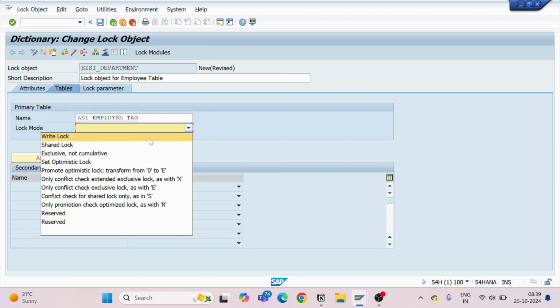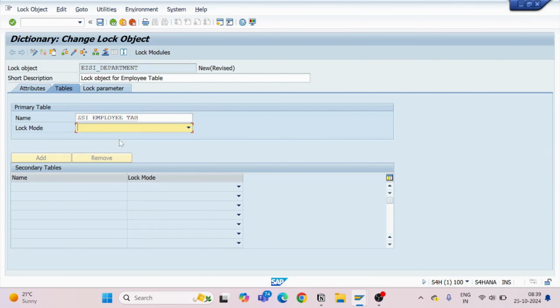In this drop down, the first three are clearly shared lock, which is read lock, write lock, and then enhanced write lock. Also we have a lot of other lock values, but out of all of them the most important are the first three, which will be asked of us in the interview. So I am going to select this write lock,